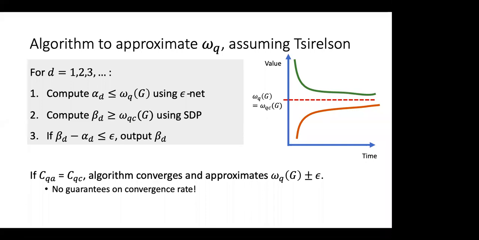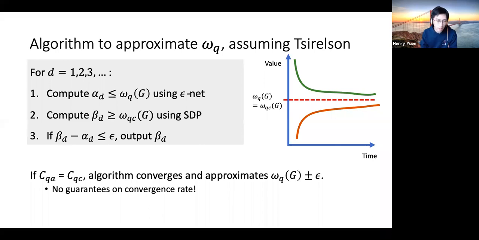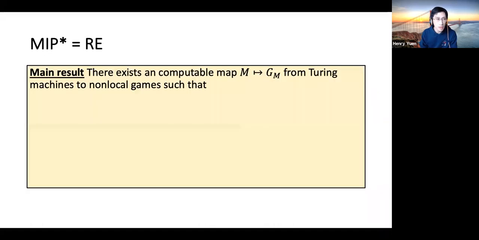Great. So if we could prove the Connes embedding conjecture, then this would imply Tsirelson, and therefore it would imply that there's at least some algorithm for approximating the tensor product value. So this brings us to the statement of our result, MIP star equals RE. There's a couple ways of formulating it. I'll say it this way. It implies that there exists a computable map from Turing machines to non-local games with the following property. So you walk up with the Turing machine M, you can transform it into a description of a non-local game